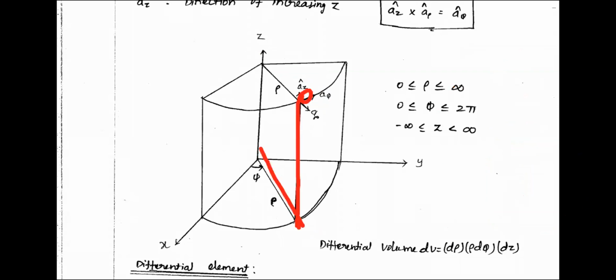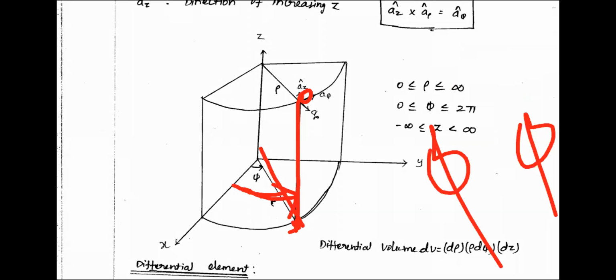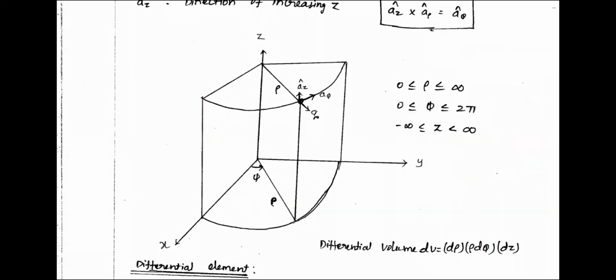Again, the next question is how to calculate phi. After projection, you calculate the angle from the x-axis. That is very simple because you have projected your point onto the xy plane. Now calculate the angle from the x-axis, then you will get phi. Or otherwise, you have to calculate the angle from the xz plane. See here, this is the xz plane. Please note down, this is the xz plane. You have to calculate the angle from the xz plane.